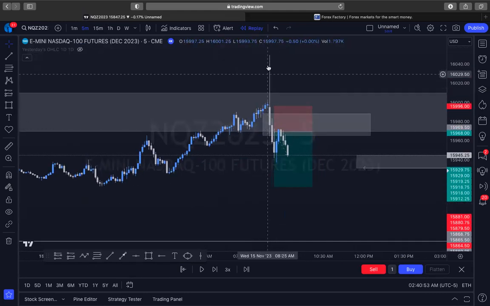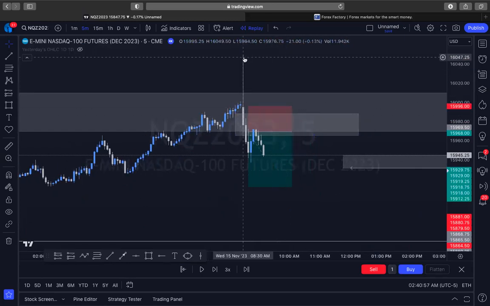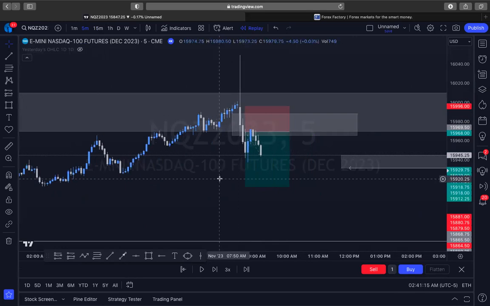So once I saw this wick and it gave a beautiful rejection, or what I would consider a really clean rejection, tap into that volume imbalance. And yes, it is definitely permissible for this to go higher up and then reject back down outside of the volume imbalance. It's not always going to stop directly right there. It's going to want to stab super high and then come right back down, right?